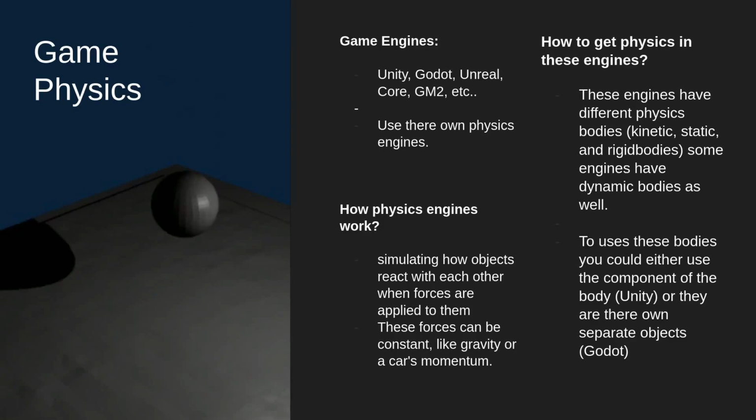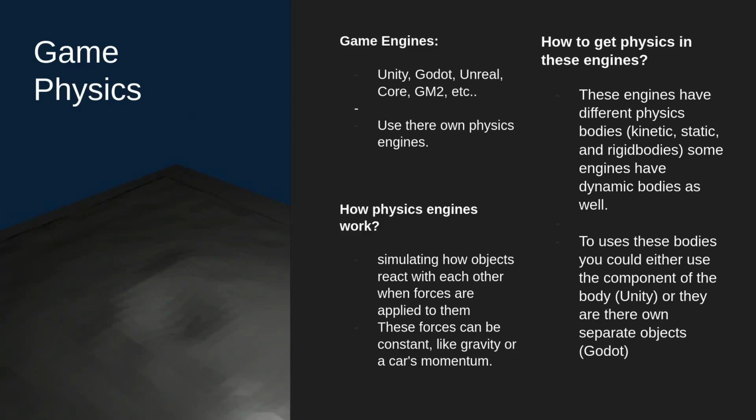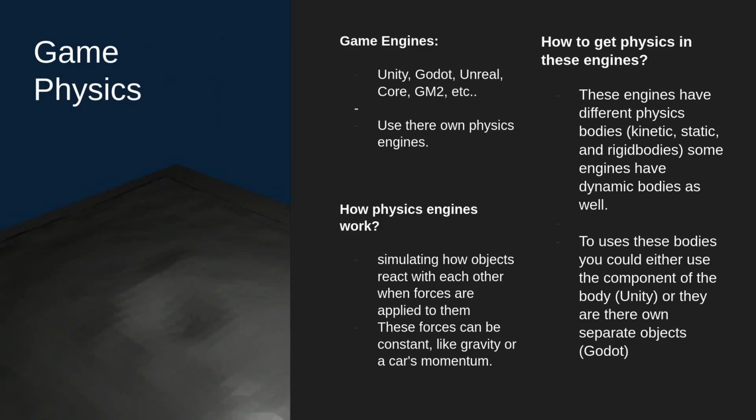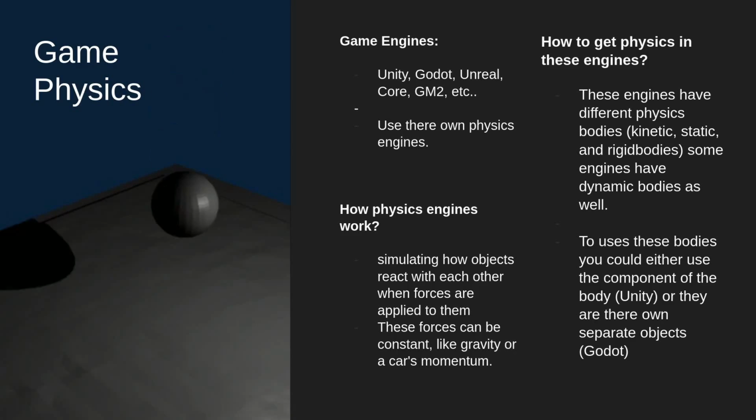Okay, let's talk about game engines. The well-known game engines right now are Unity, Godot, Unreal, GameMaker Studio, Construct, and there are many more. These game engines use their own physics engines. For example, Unity has its own physics engine that they use. Godot has a Vulkan renderer, Unreal, and all those other ones I don't know, but they all use their own